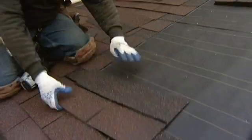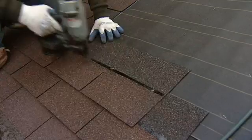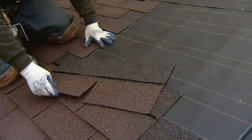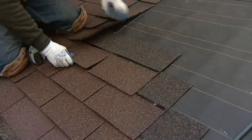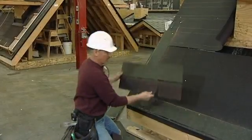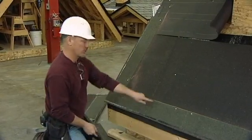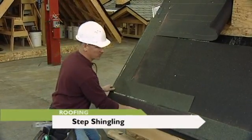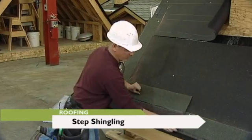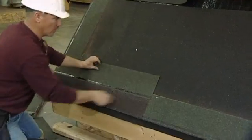The first step of the shingle process is cutting a book. Starter shingles are cut to a pattern to offset the tab laps and thus prevent leakage. The reason why you cut the stair step is I put a full shingle here. If I was to put another full shingle down there, then you're going to have your joints and they're going to line up, and that's not good. So each shingle